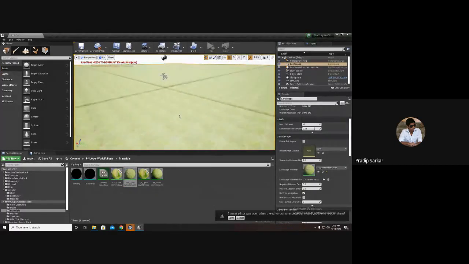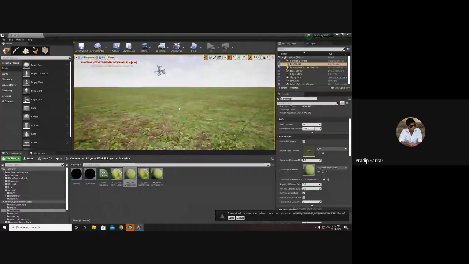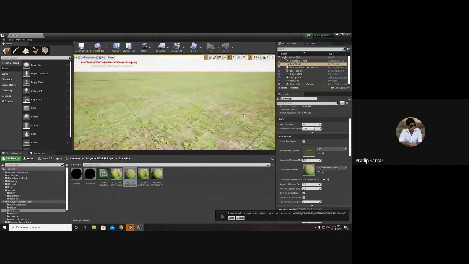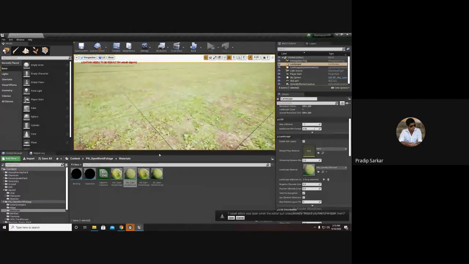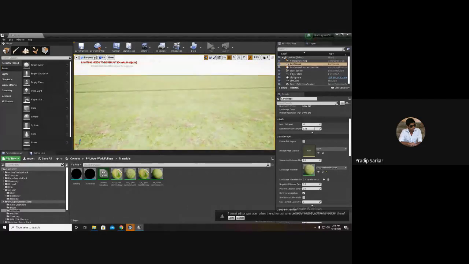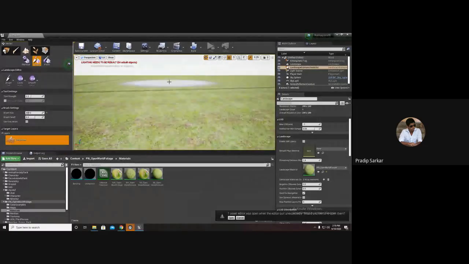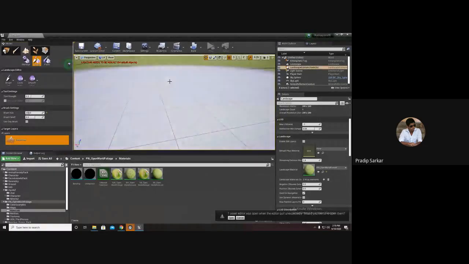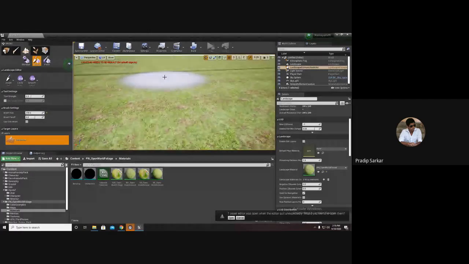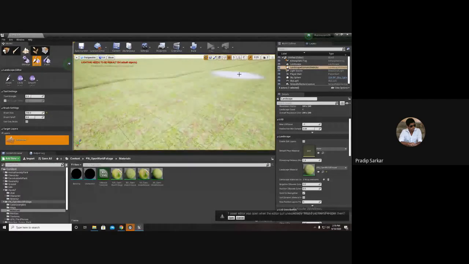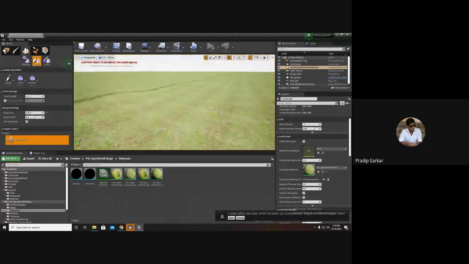So now it will fill the entire world with the texture. Okay. Now when I go into sculpting, I can do some formal sculpts.